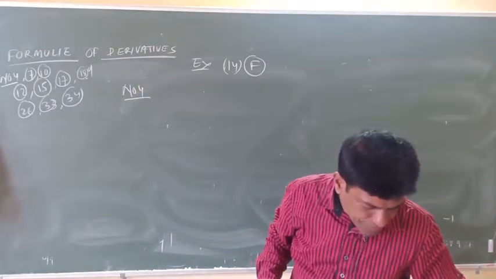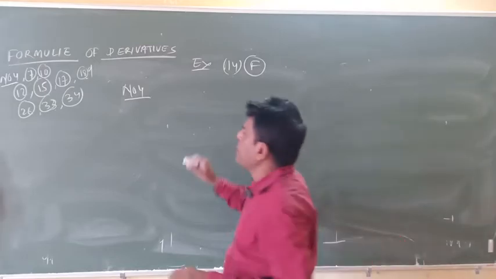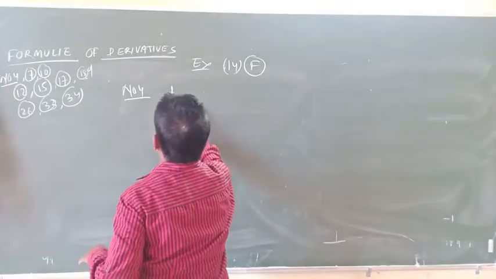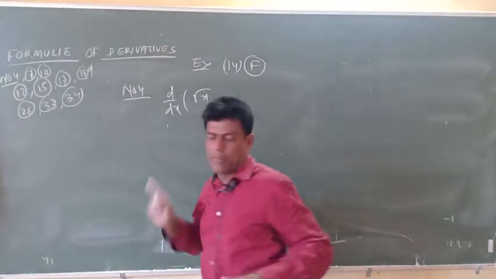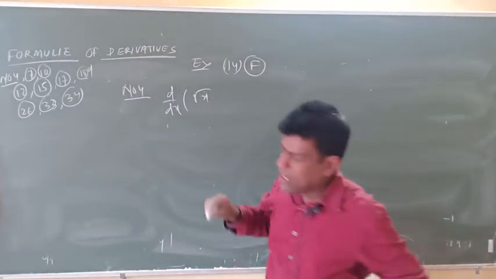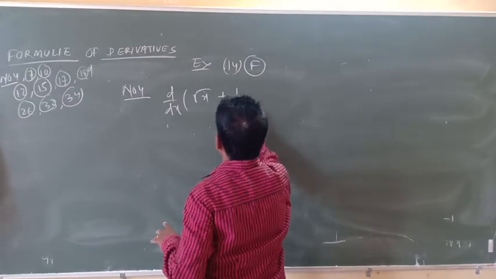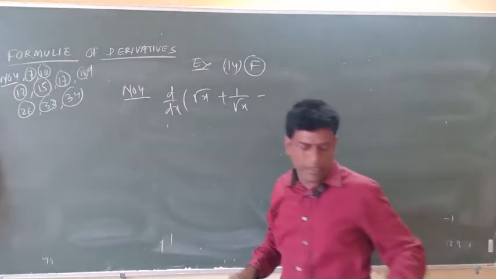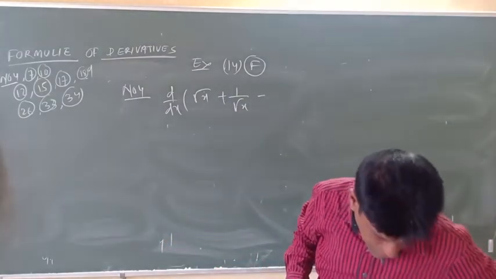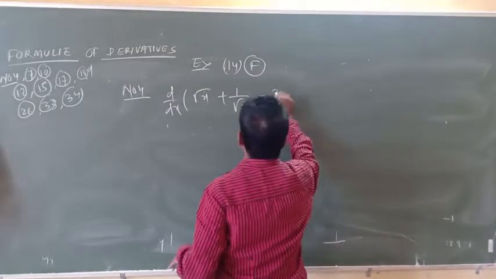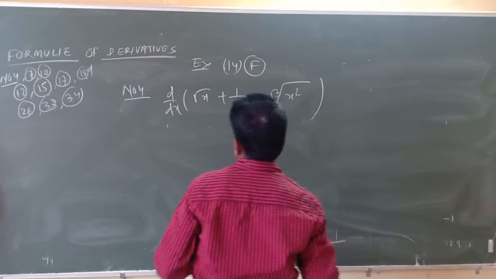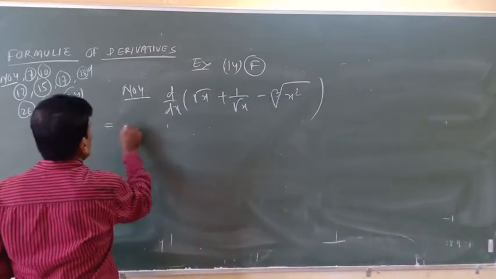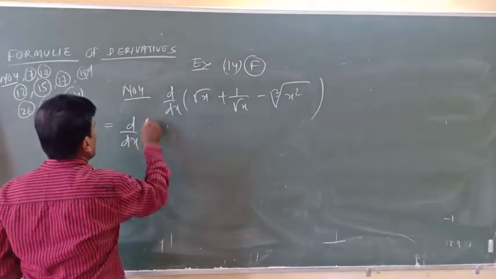Here is number 4. Derivative of d by dx of, derivative means d by dx of, because here the variables all are x, here the root x, the variable is x, plus 1 by root x minus cube root of x square, that is given. You can write in this way also, d by dx of root x,